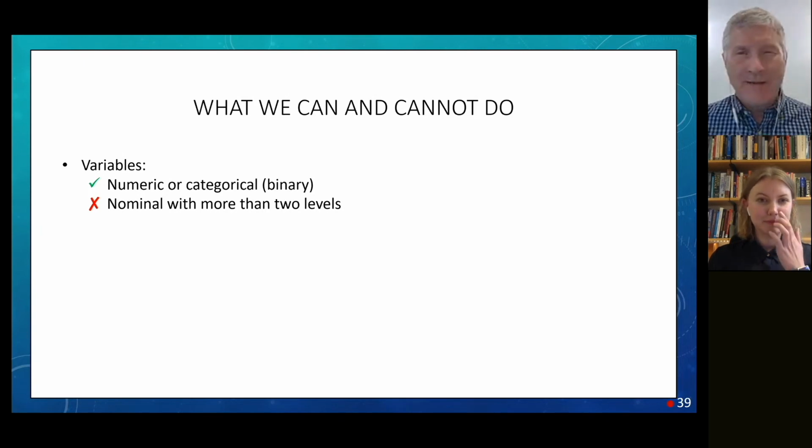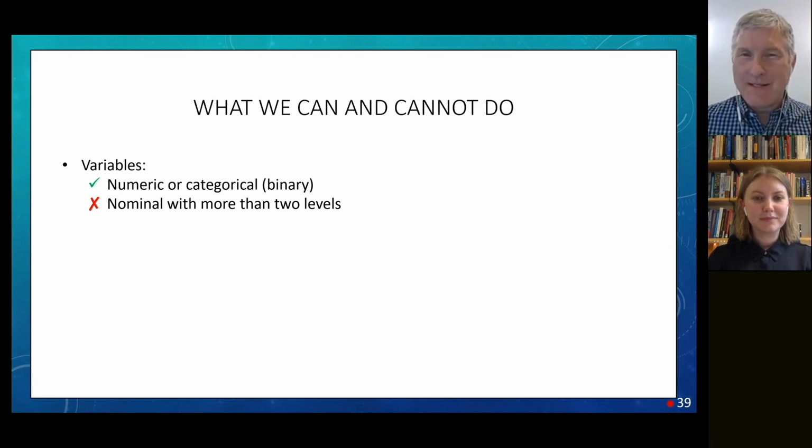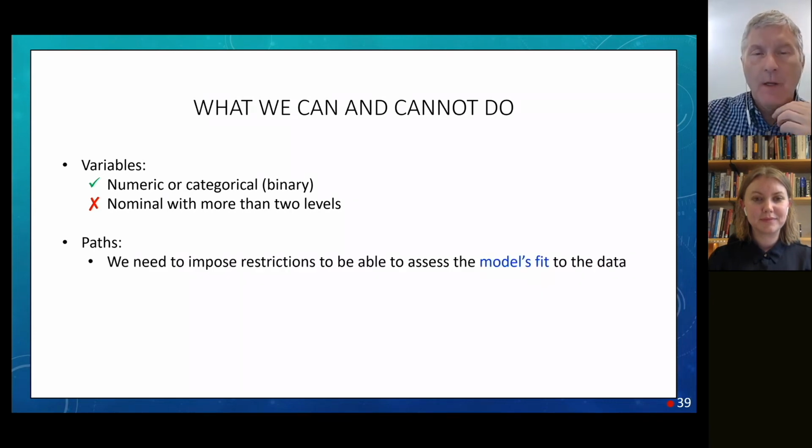Then there are other types of models that handle truly nominal variables, or some of you might know that you could try to dummy code those and tease it out in some way, but it's a bit clumsy, quite honestly. So we're going to assume that the variables we have are fairly continuous, or if they are binary, then we can handle those too.